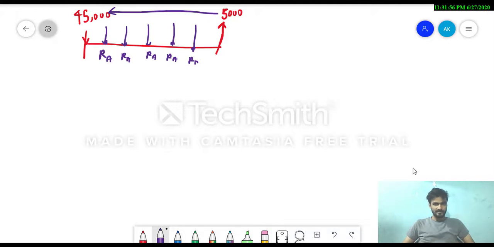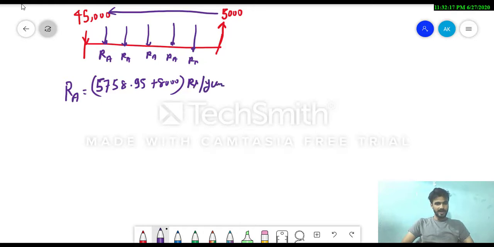So my dear student, from here you will get the value of RA, and RA is equal to, as we have already calculated, 5758.95 plus the annual operating cost for the asset A, which was 8,000 rupees